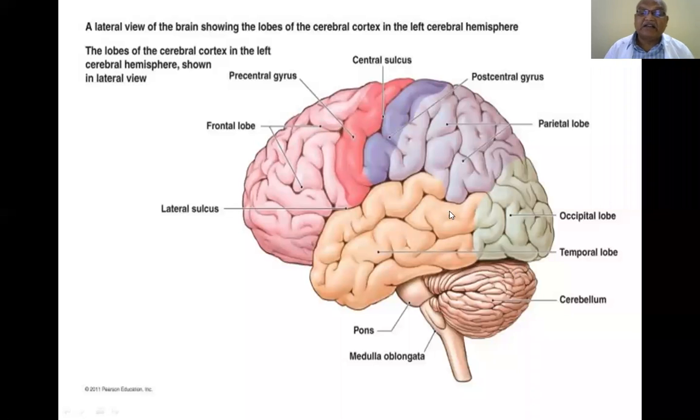Now, here is a characteristic feature. The sulci and gyri pattern present in one individual does not correspond totally, 100%, with that of another individual. There is an architectural difference when compared with the cerebrum, whereas in the cerebellum such a thing is not present. So you cannot identify the cerebellum of one person from another except by DNA testing.